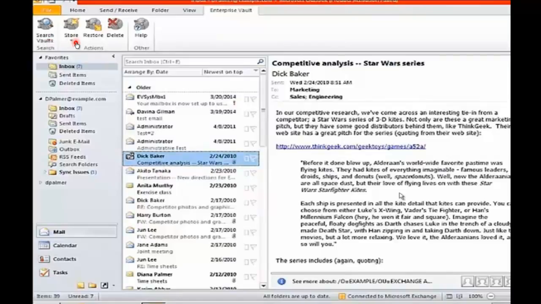Store, which allows users to manually archive items. Restore, which recalls items from the Vault and restores them to Outlook as well as Exchange. A delete button if users have deletion privileges, and a help button so that users can get additional information on Enterprise Vault. To archive an item, you can select the item and click on the Store button, and the item